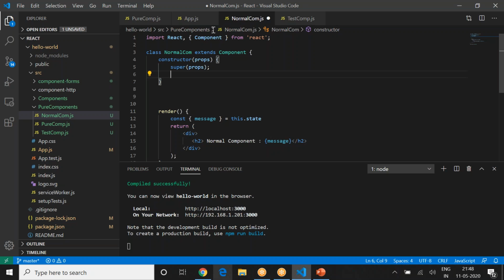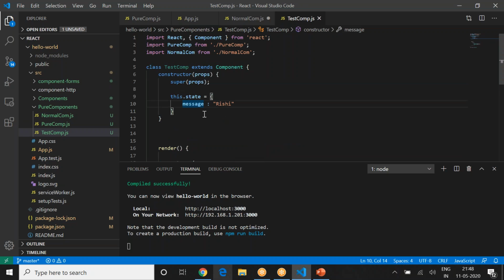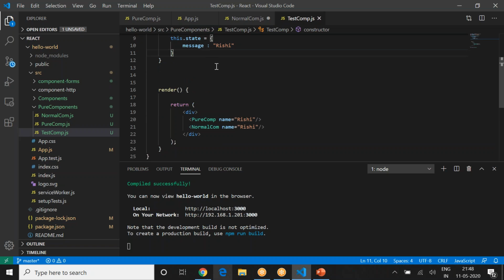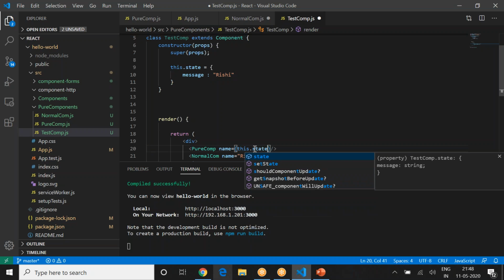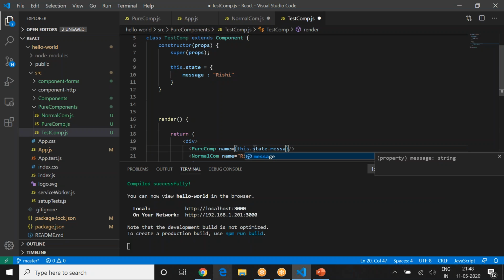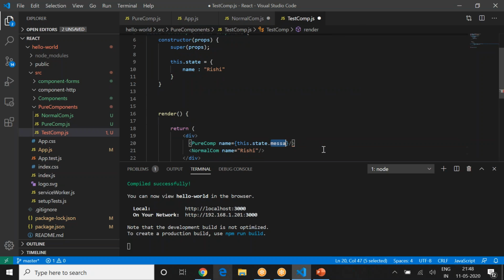Okay, what I will do is I'll get it from test component, and instead of passing this like this, let me actually change this and get it from the state. This dot state dot message or name. Oops, name.